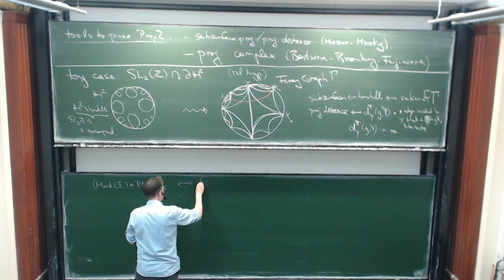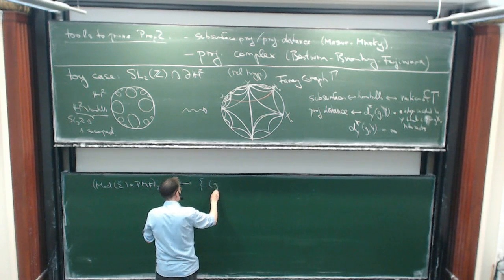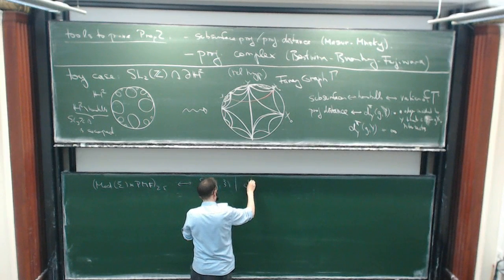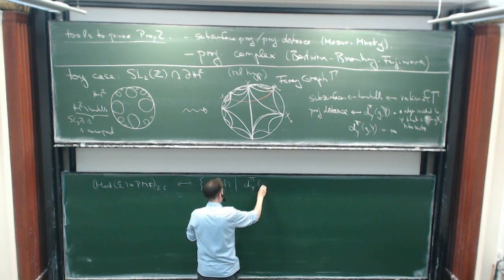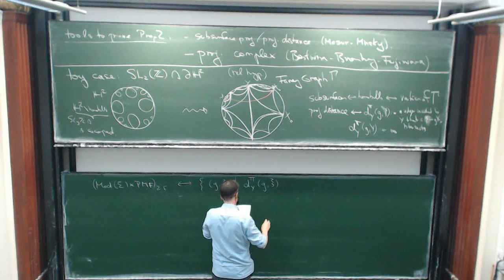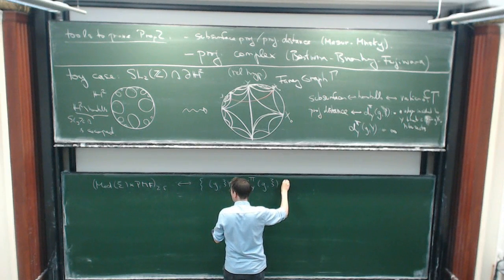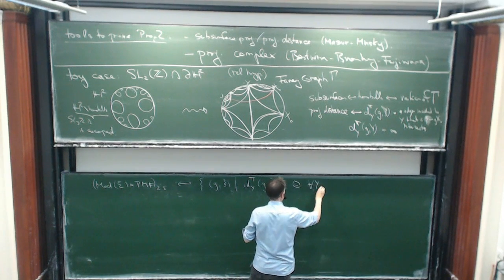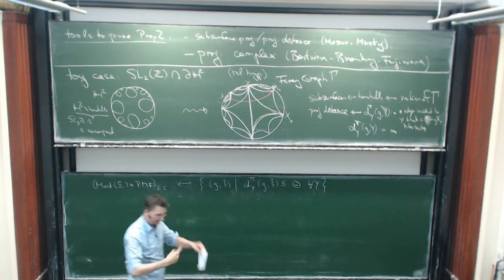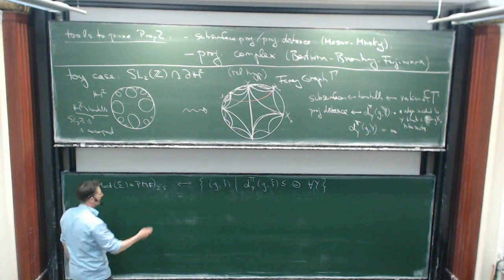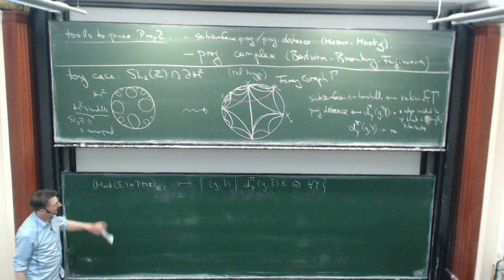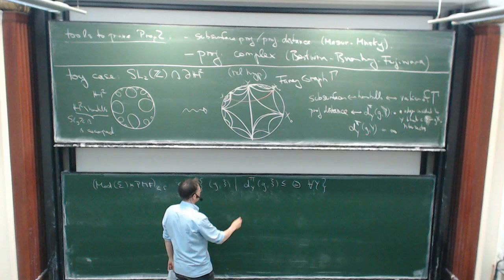This translates to all those pairs where this projection distance doesn't get too large. So this is for all y. The other way around, and that's really what I should have said: if we're in the thin part, then there exists